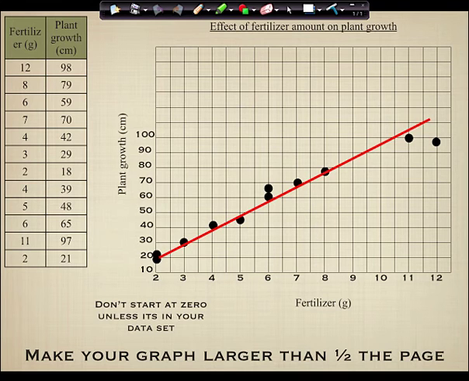Perfect. The only difference between this and a scatter plot is that you can't switch the axes. If you were doing a scatter plot, it wouldn't matter which goes on which because there is no cause and effect relationship. The other difference could be this. In a scatter plot, you will never connect the dots. In an XY line graph, you'll be instructed whether to connect the dots or not.